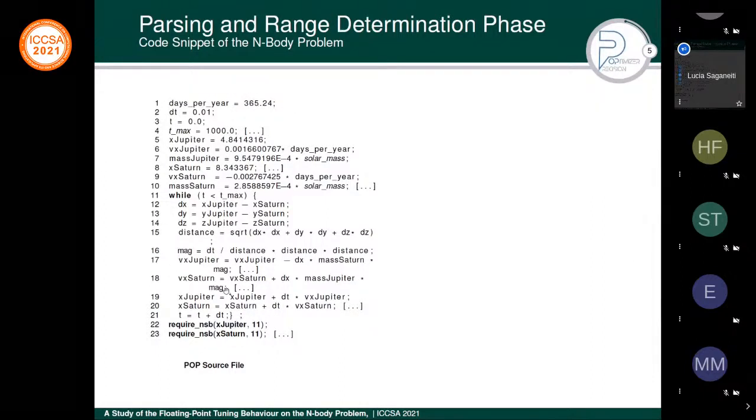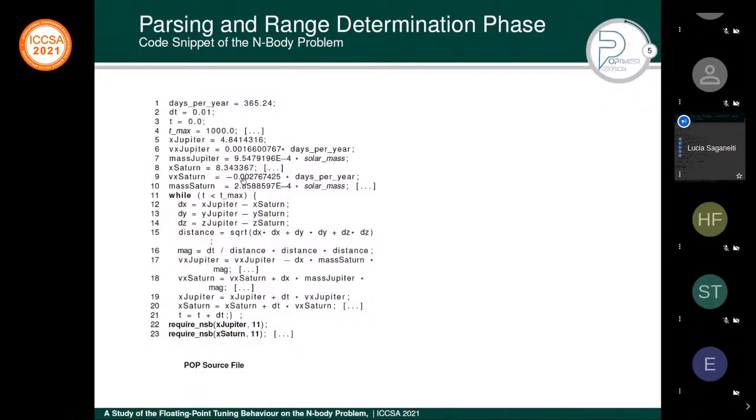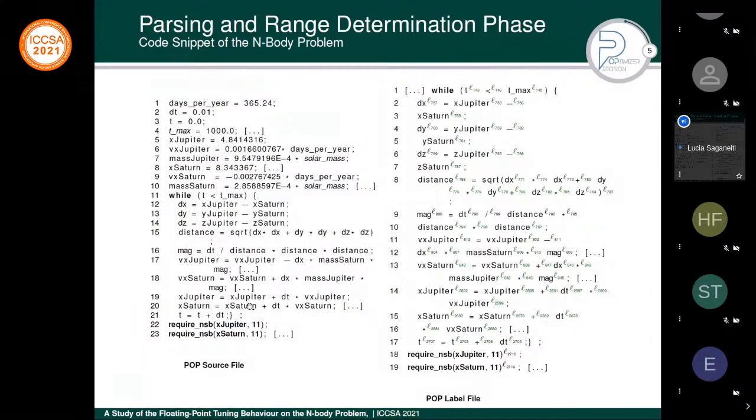So here, as you can see, this is the input of our tool POP. We have assignments, operations such as product, the square root, we have the while loop, etc. And as you can see on lines 22 and 23, we have the require NSB statement, which informs POP that the user wants, for example, 11 bits on variable Jupiter, and similarly for variable Saturn. So after this step, POP will generate, as you can see on the right-hand side here,